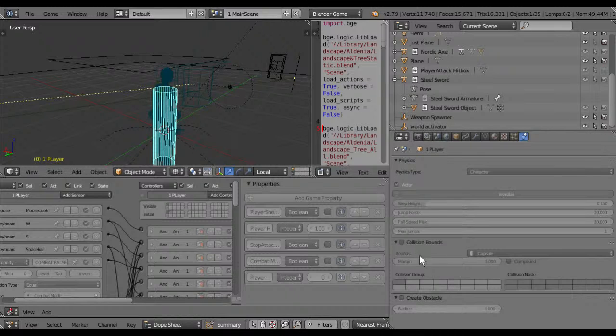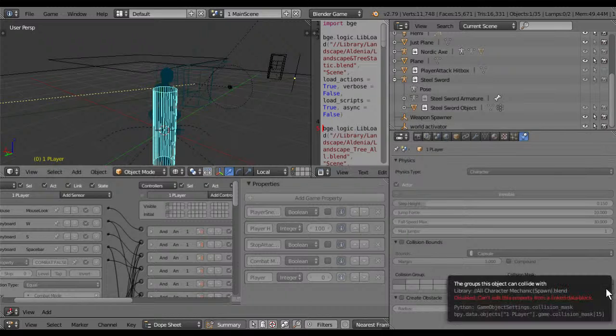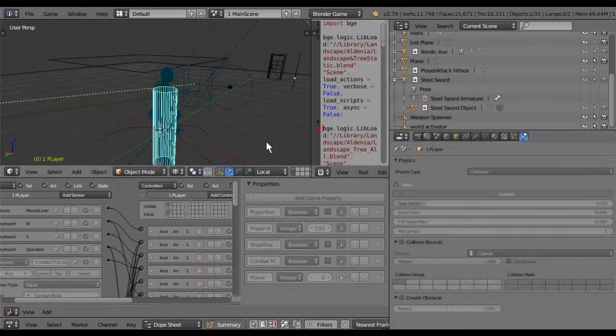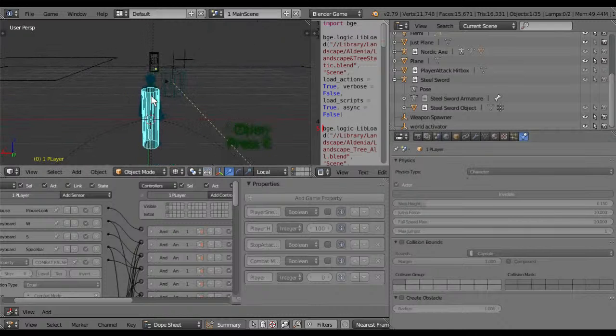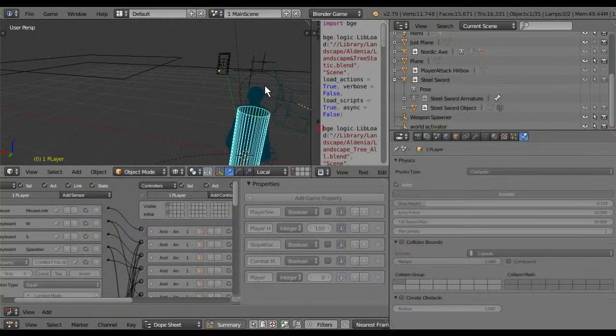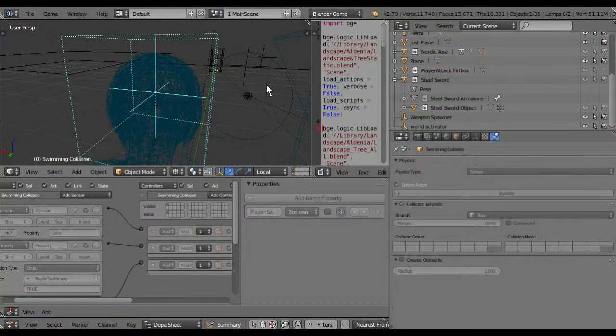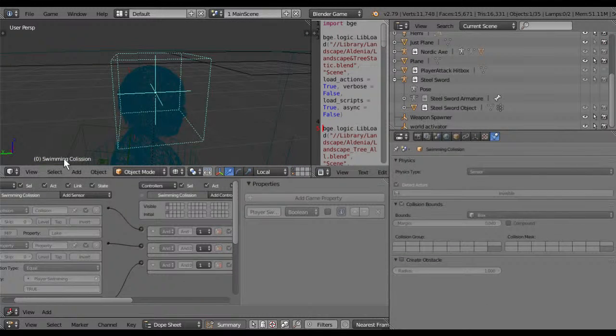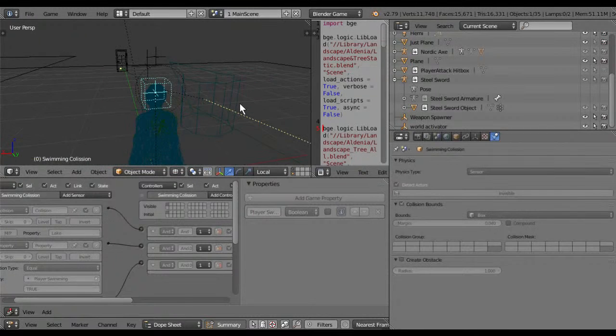I guess I don't have to change this one to not contact. Already tested out. So this character physics will not collide with the waters unless there is a swimming collision. I just added some new entities around the head, so-called swimming collision, to detect the water